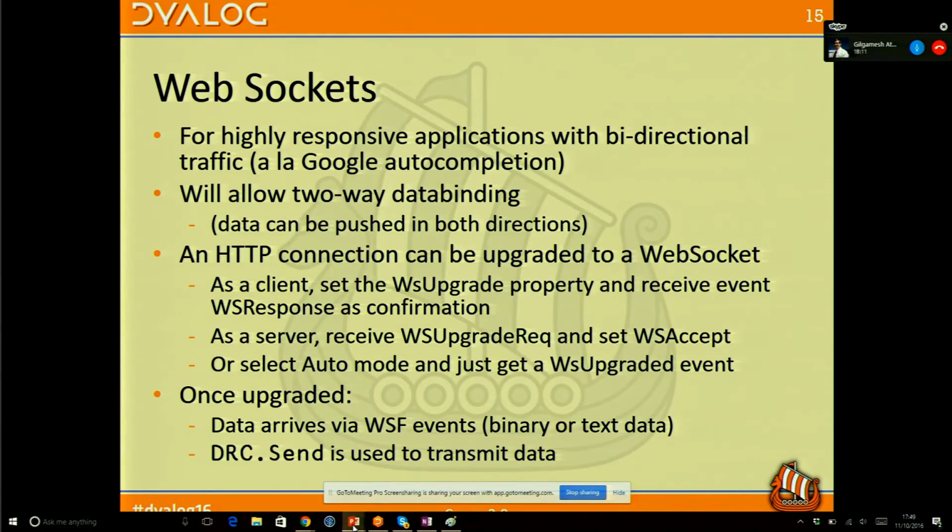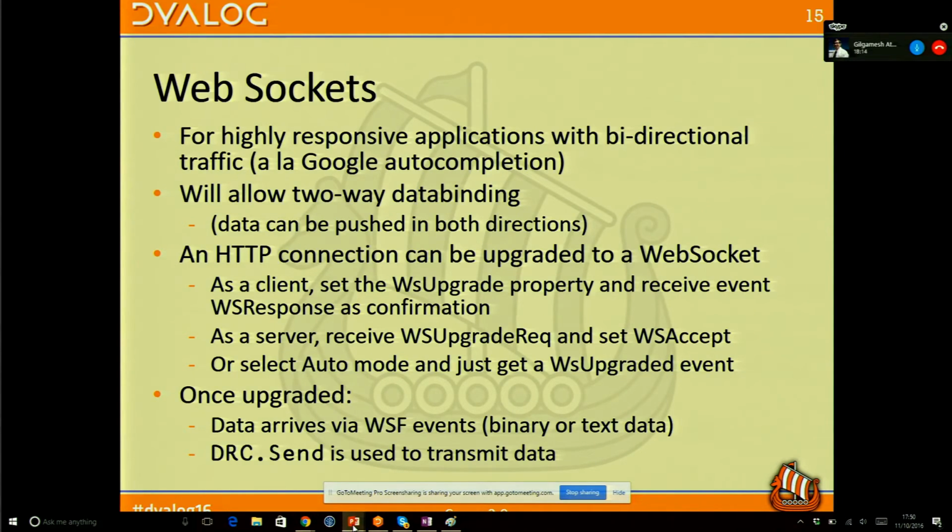And WebSockets is a way of taking a connection and upgrading it to something where both parties can be sending data. You don't have this asynchronous, first I send, then I get an answer back. And in addition to allowing interactive stuff like that, it's also what's going to be the basis for the two-way data binding in my server, so that if a variable changes in the server workspace, the server can immediately transmit the change down to the JavaScript code running in the browser, and vice versa. You don't have to be waiting for a send and receive.